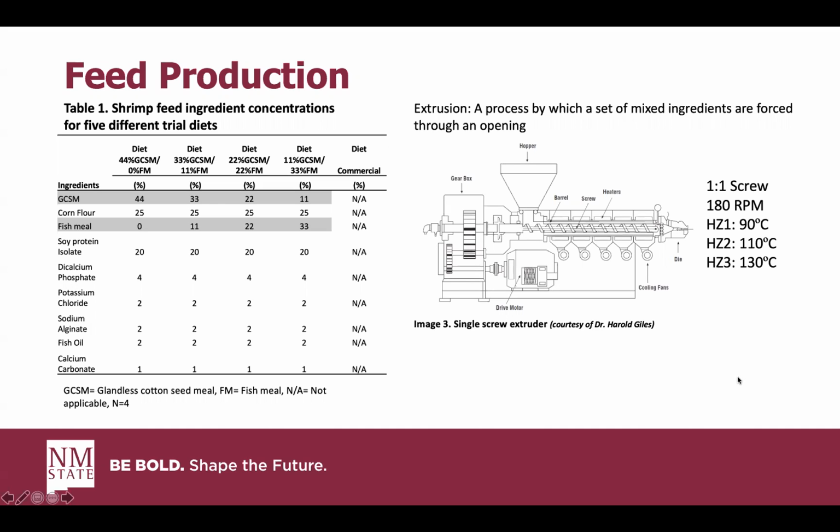So how did we make the feed itself? We used extrusion. We used an extruder that we have at NMSU, and extrusion is a process by which a set of mixed ingredients are forced through an opening. Okay. So the parameters that we used for the extrusion process is we used a 1-to-1 screw ratio, which means